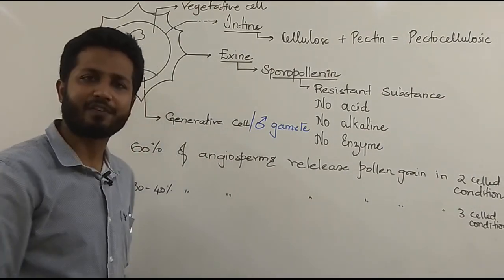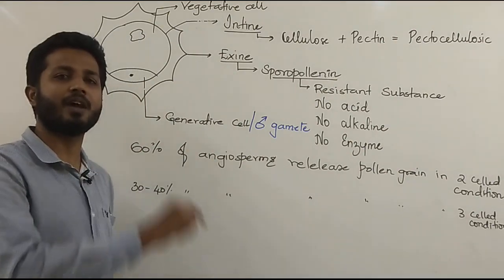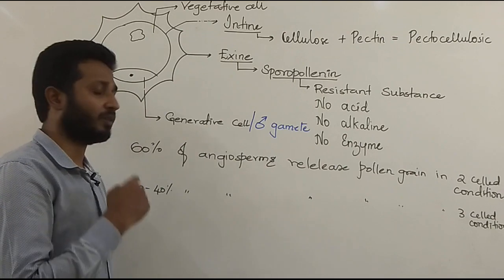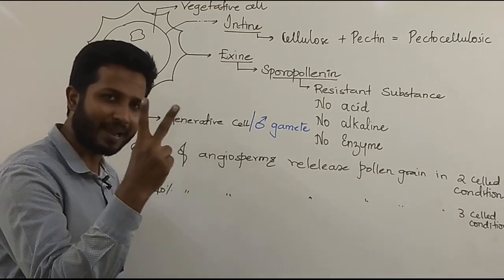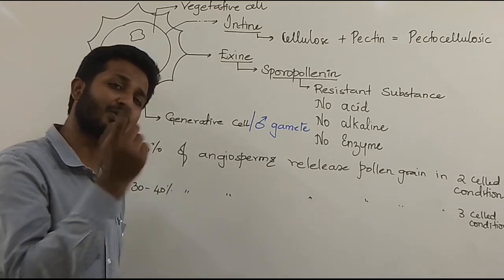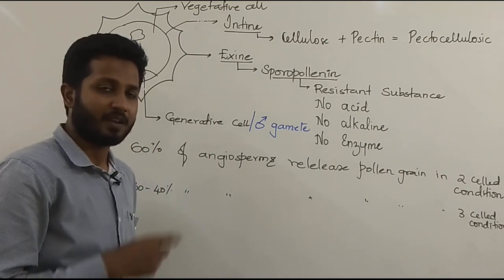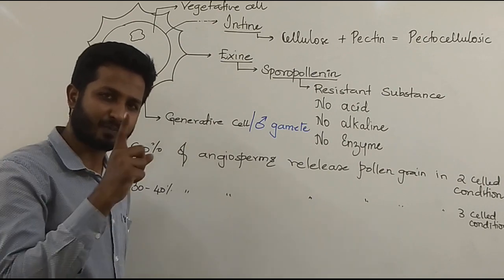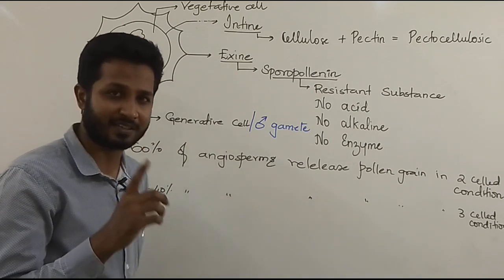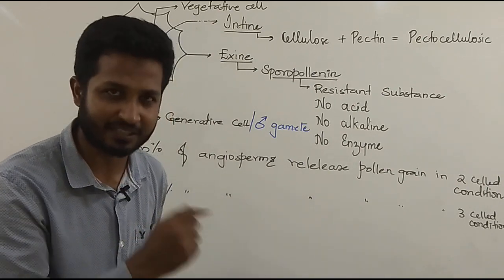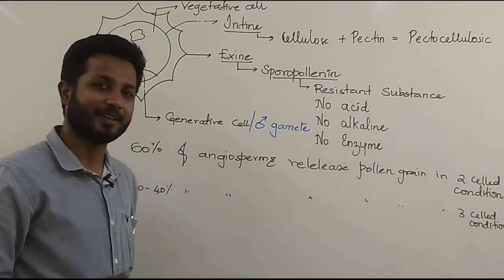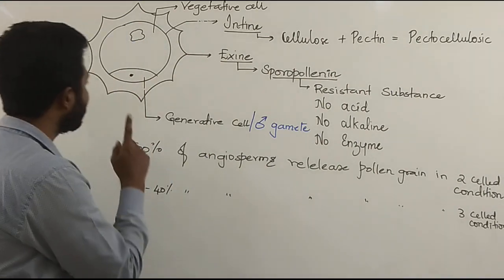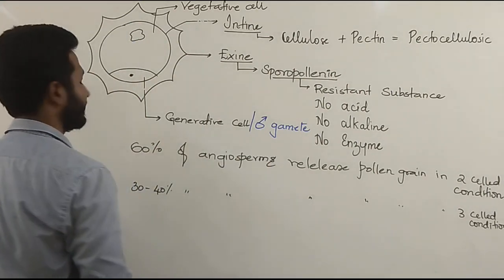And we all know from first PU part, there is one phenomenon known as double fertilization, which we will discuss again in second PUC part. So, according to double fertilization, two male gametes are going to fuse with two female gametes. When two male gametes fuse with two female gametes, this process is known as double fertilization, discovered by Navashin.